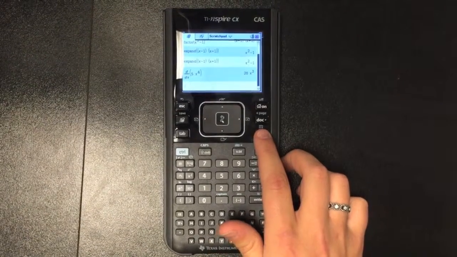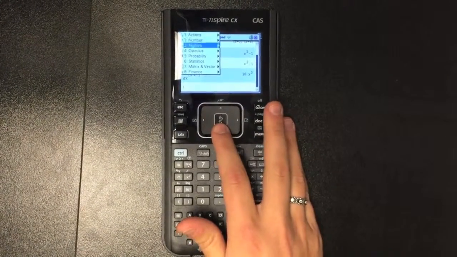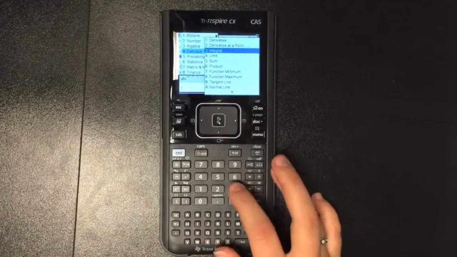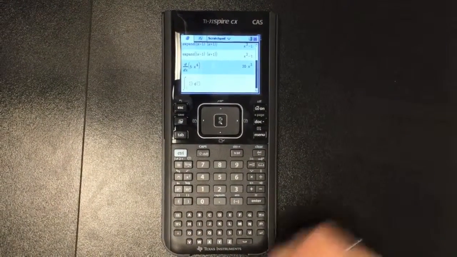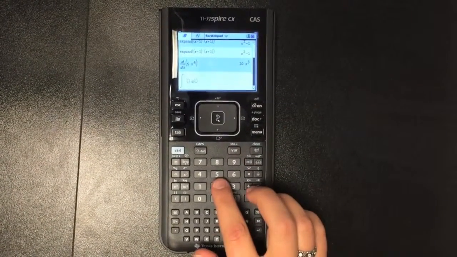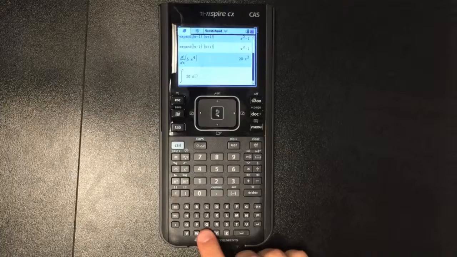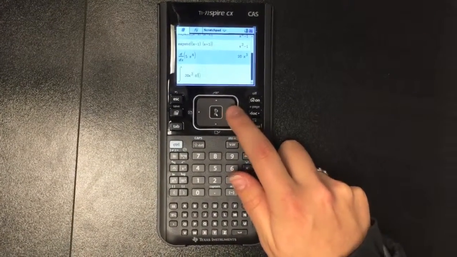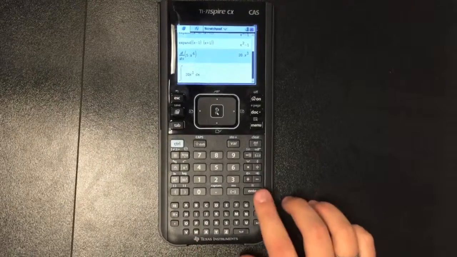Now we're going to do the integral of 20x to the 3rd. So Menu, go back down to Calculus, Integral, which is number 3. And instead of putting bounds, we're just going to put no bounds, and we're going to put in the little box 20x to the 3rd with respect to x, so dx,